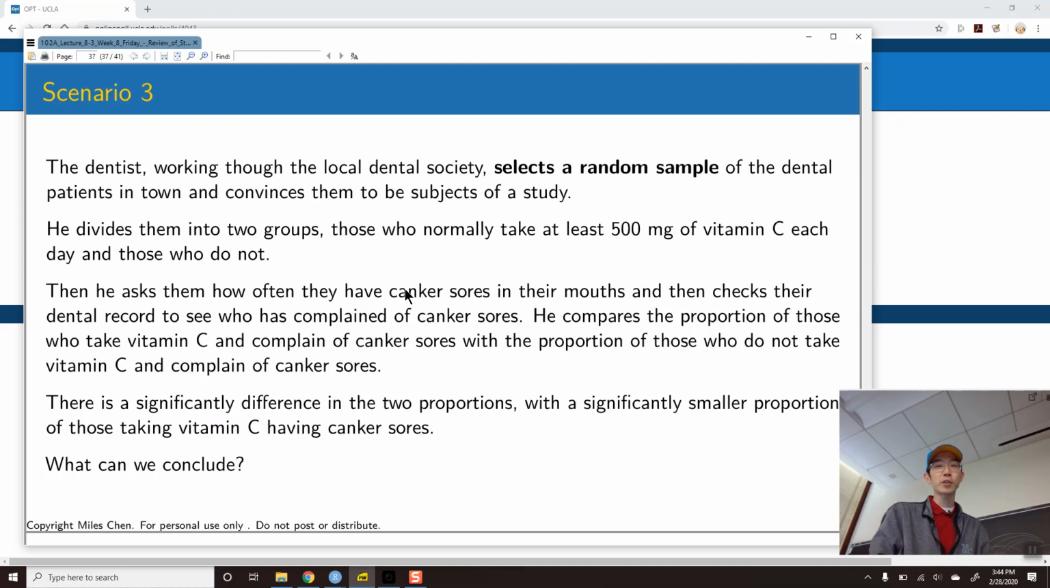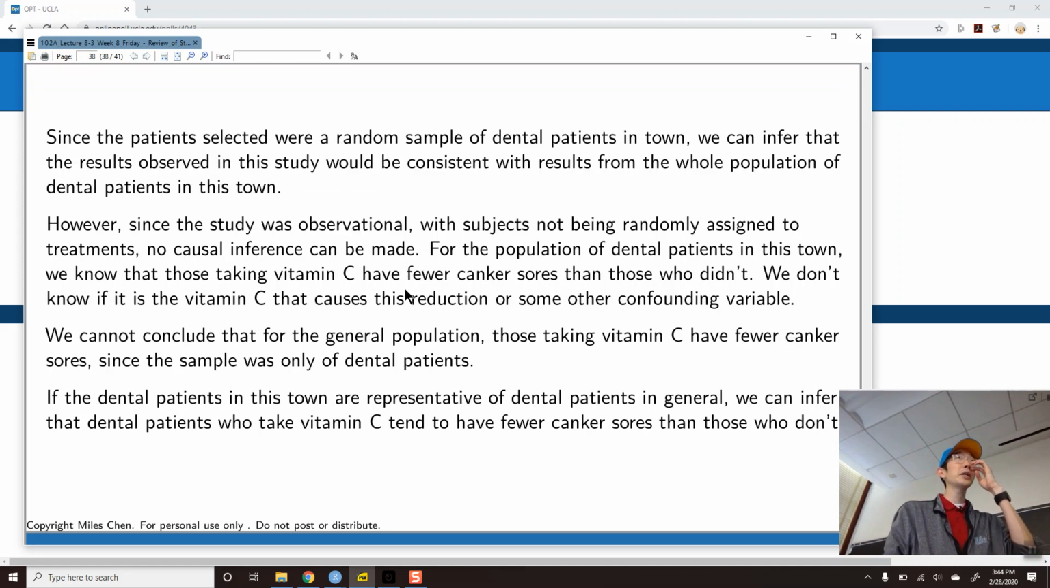All right, over here, random sample, observational study. So we somehow get a random sample of dental patients in the town and convince them to be part of the study. Because it's a random sample, we can generalize to the population. In this case, the population is all dental patients, so we have a random sample of dental patients. We can generalize to all dental patients. But again, because it's an observational study, we cannot make cause and effect conclusions. We can only say that,